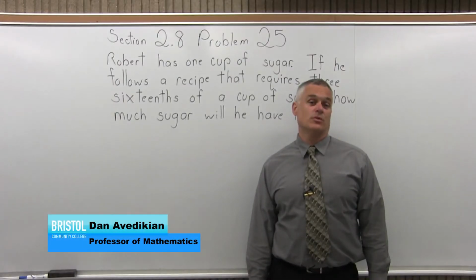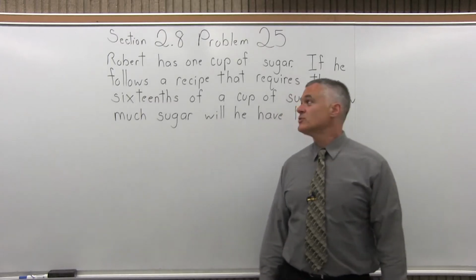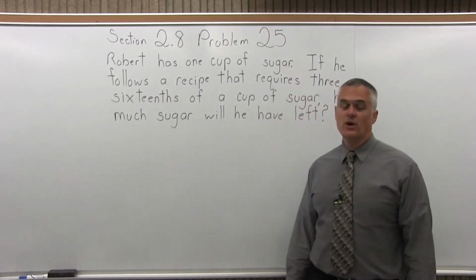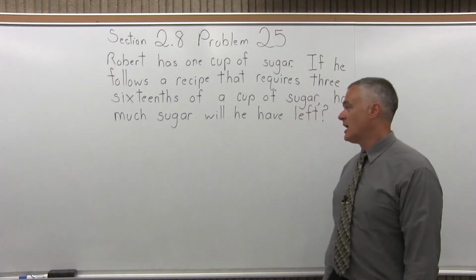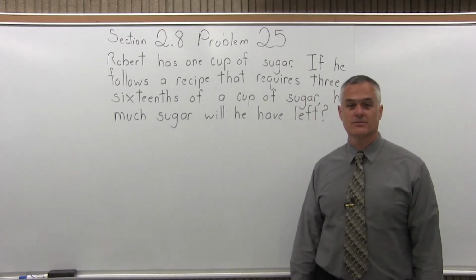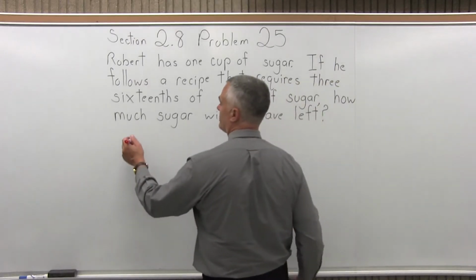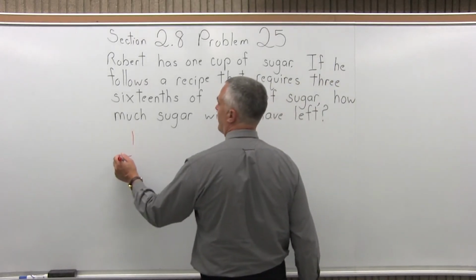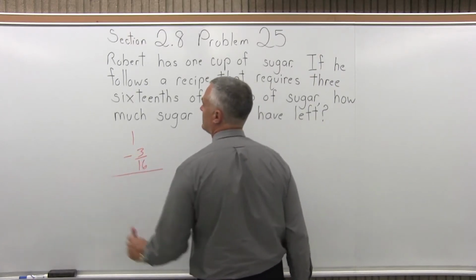This is Section 2.8, Problem 25. It says, Robert has 1 cup of sugar. If he follows a recipe that requires 3/16 of a cup of sugar, how much sugar will he have left? So this is a subtraction problem with fractions. So Robert has 1 cup of sugar. So I'm going to go 1 minus 3/16, the amount of sugar required by the recipe, and we'll see how